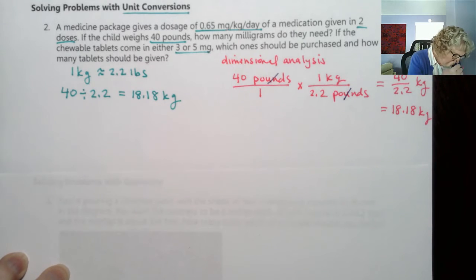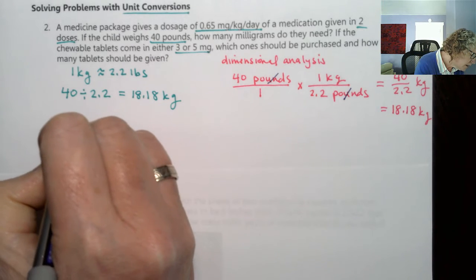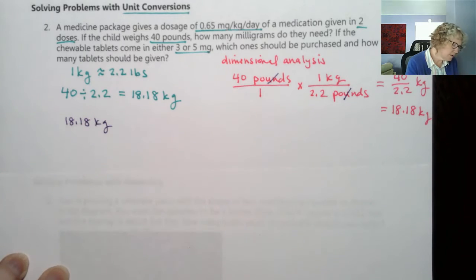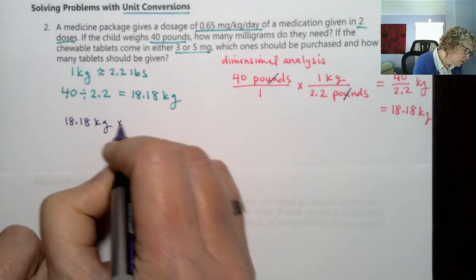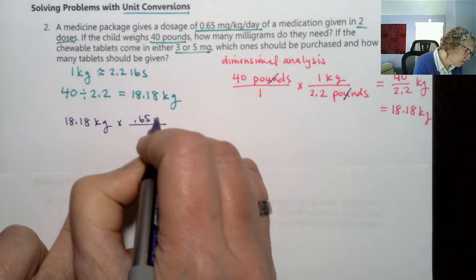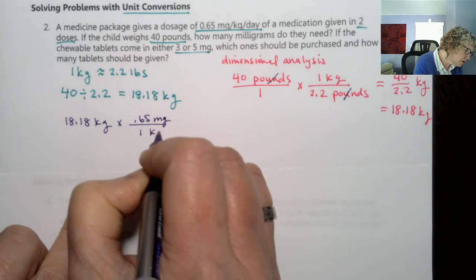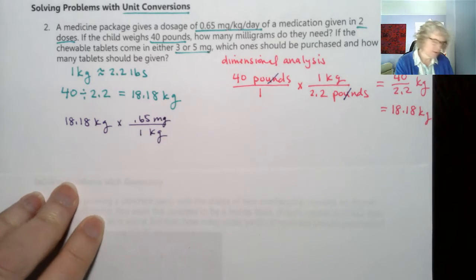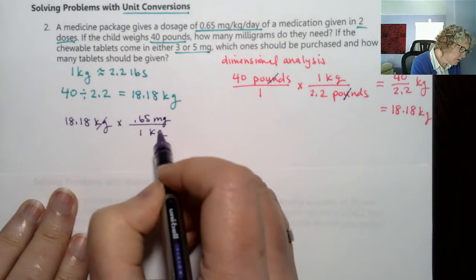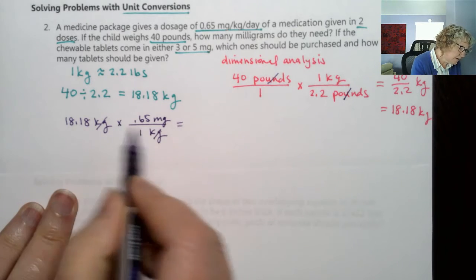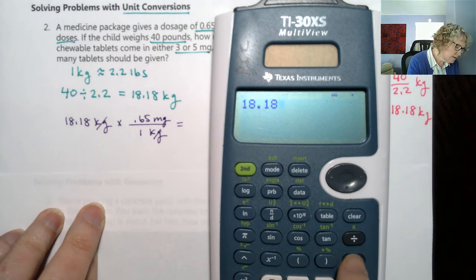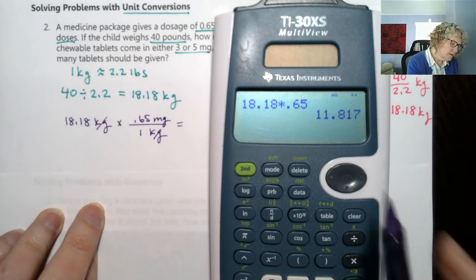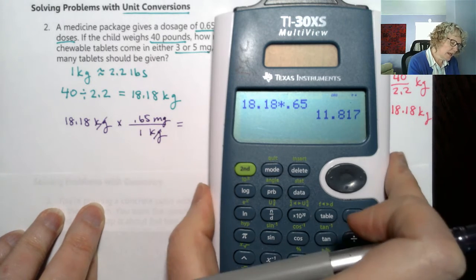Intuition tells me we're going to multiply this, but I'm going to write out the units. So we have 18.18 kilograms, and then this is milligrams per kilogram. So if I write this out as 0.65 milligrams per each 1 kilogram, right? I'm using this same method over here. Those cancel, and yes, in fact, it is multiplication. 18.18 times 0.65 is 11. I'm going to just cut it off, 11.8